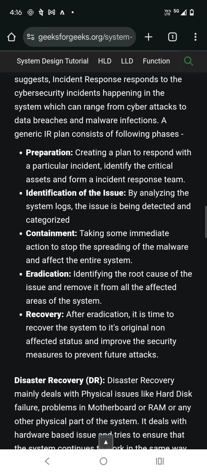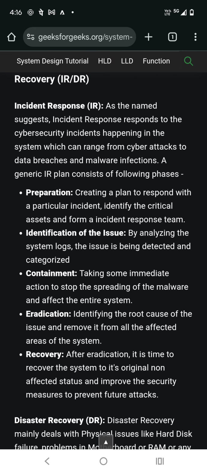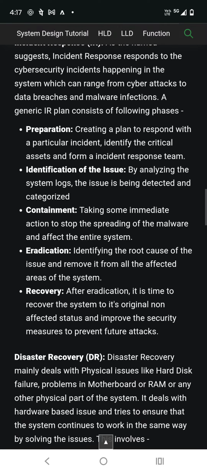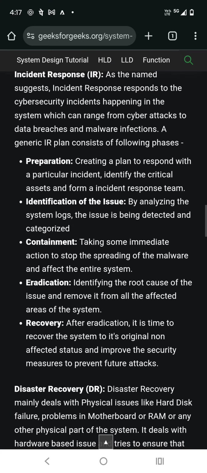Whenever some issue happened, whenever some cyber attack or data breach happened, malware infections occurred, right? At that time, generally an incident will be raised to the cybersecurity team. We call them cybersecurity incidents. Immediately the cybersecurity team and security team will process the request and resolve the